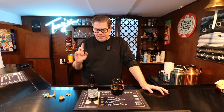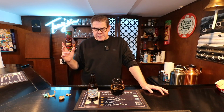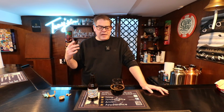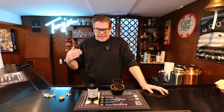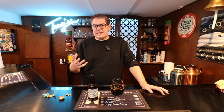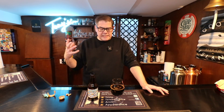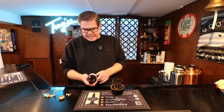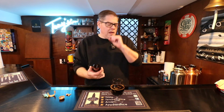And I have to say, the thing I wonder the most now is how this will age. This beer is just a perfect candidate for being put in the cellar and waiting 3, 4, 5 years to see how it turns out. It's very mellow. It's very approachable. It doesn't really need to mellow for the sake of the ABV or anything like that, but I have a feeling that it would continue to develop over the years. So I have to say, packed to the gills, the Space Camp exclusive barrel-aged Imperial Stout by...